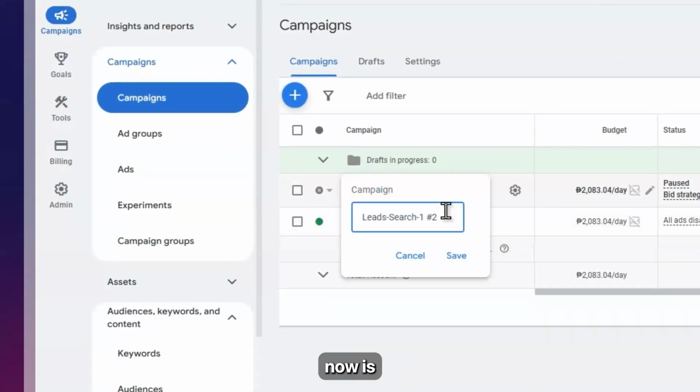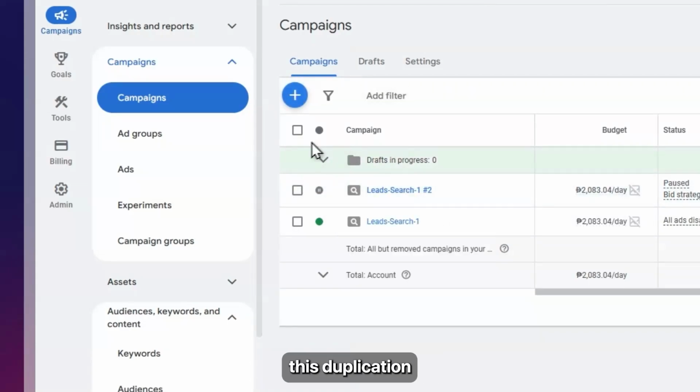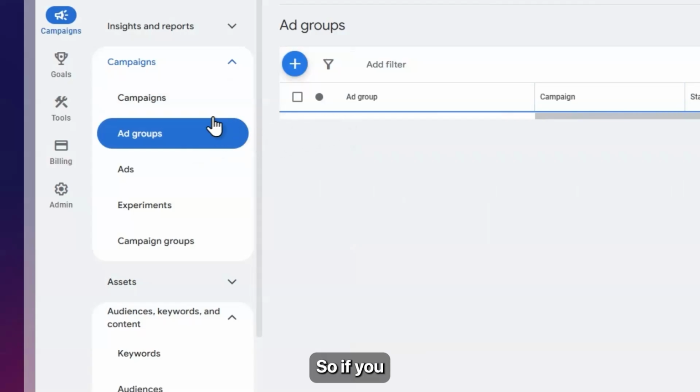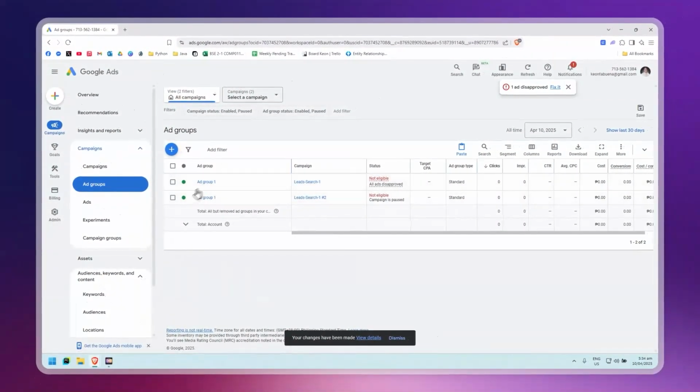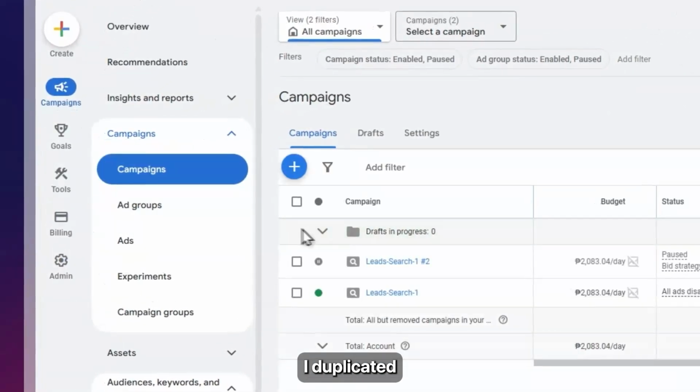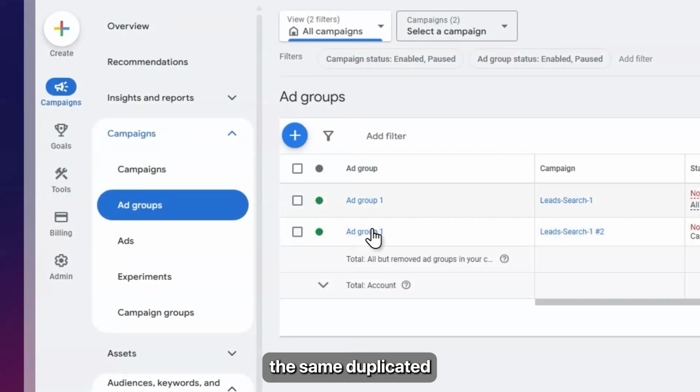What you can do now is you could either change the campaign name if you want, and you could also apply this duplication on the ad groups. So if you just go to ad groups right here, and let's say you want to duplicate another one, and of course the one that I duplicated earlier has the same duplicated ad group,